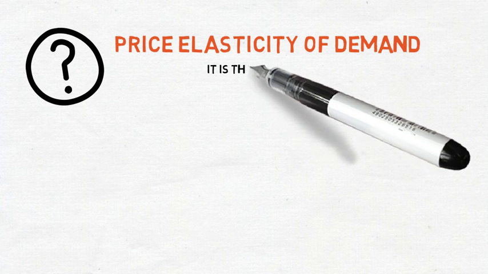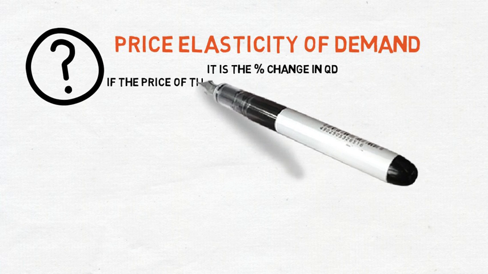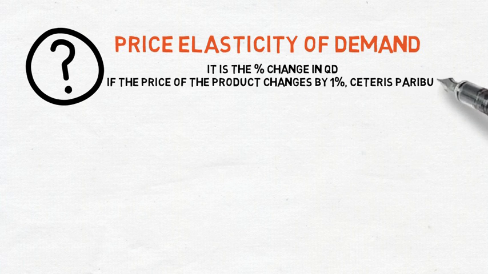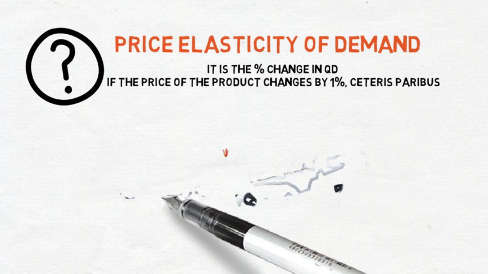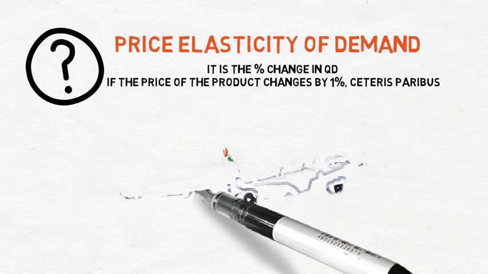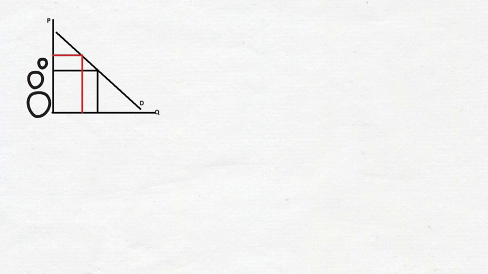Price elasticity of demand is the percentage change in quantity demanded if the price of the product changes by 1%. For example, if the price of airline tickets increases, what will the effect be on the quantity demanded for airline tickets? To determine the effect of price changes, in this case the increase in price of airline tickets, we will have